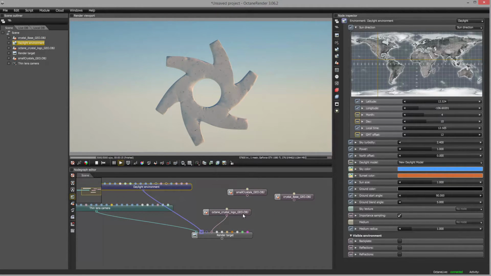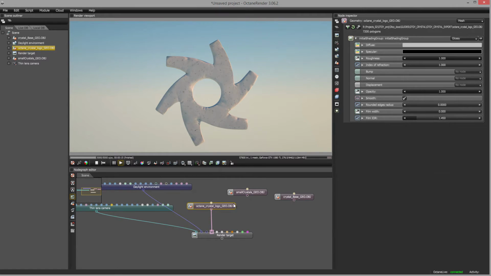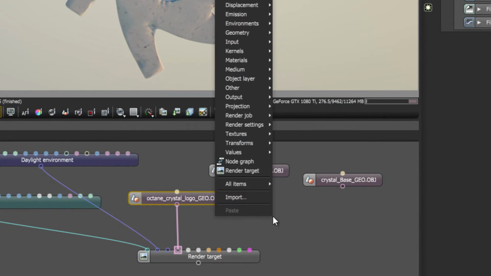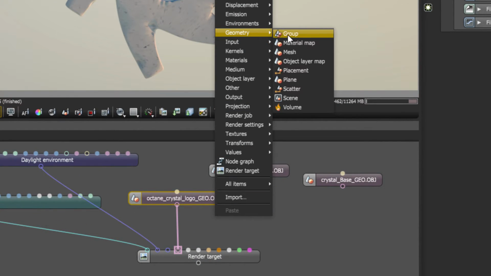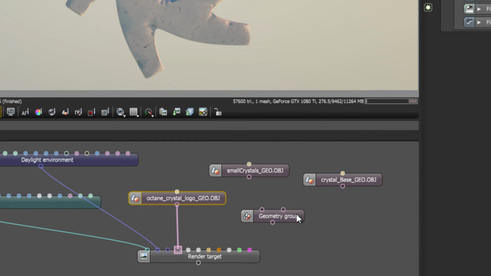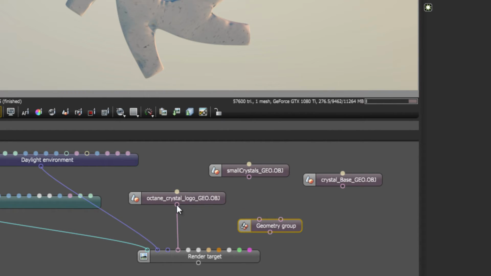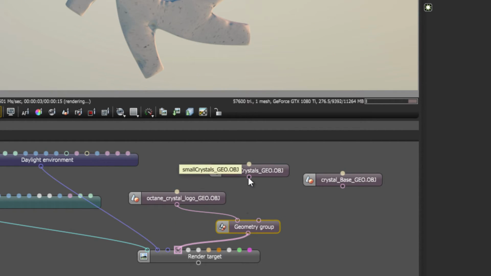So in order to do this, I will create a group and I will connect all these objects to the group node. So I'll right click, choose geometry, and then choose group. This brings in a new node. Now I can connect a wire to this input right here and then connect this to the same input. I'll connect my small crystals to the second input,